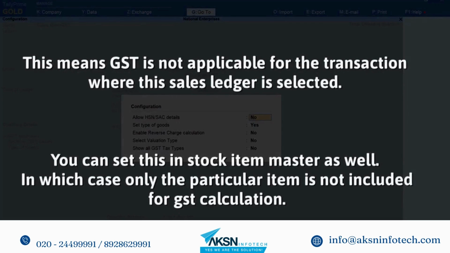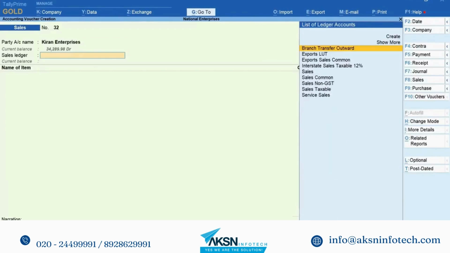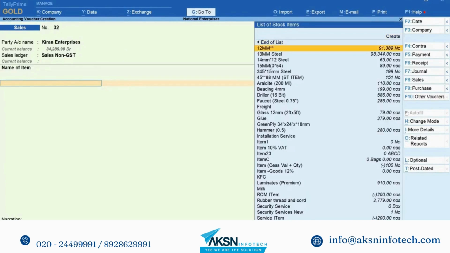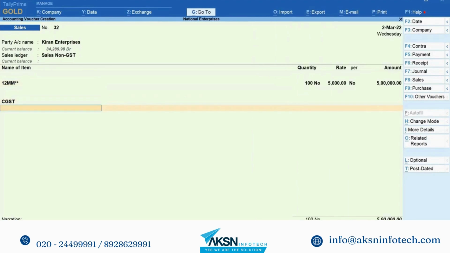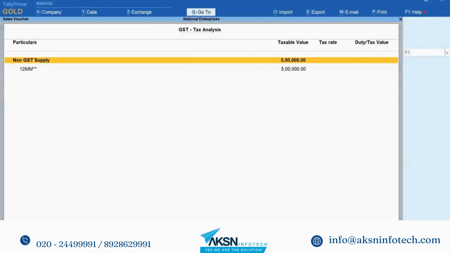इसका मतलब है जिस वाउचर में यह सेल्स लेजर चुना जाएगा उसमें जीएसटी लागू ही नहीं होगा। आप इसे स्टॉक आइटम मास्टर में भी सेट कर सकते हैं। इस मामले में उस विशिष्ट आइटम पर जीएसटी कैलकुलेट नहीं होगा। जब आप एक ऐसा सेल्स लेजर या स्टॉक आइटम वाउचर में चुनते हैं और उसके बाद टैक्स लेजर्स चुनकर जीएसटी लागू करने का प्रयत्न करते हैं तो टैली प्राइम टैक्स लागू नहीं करता है।